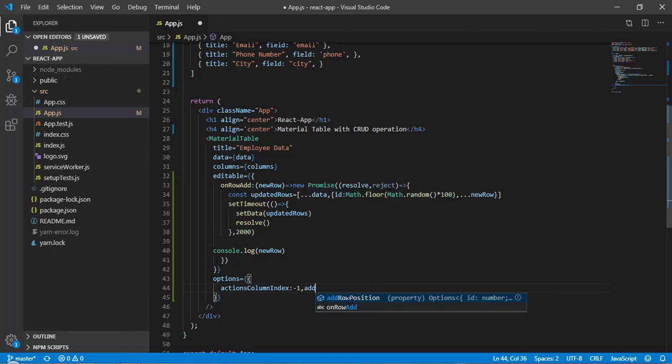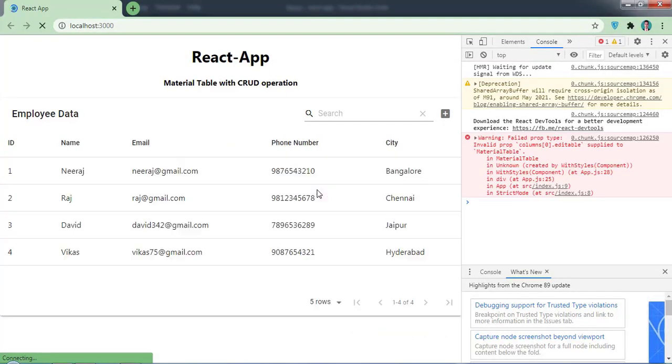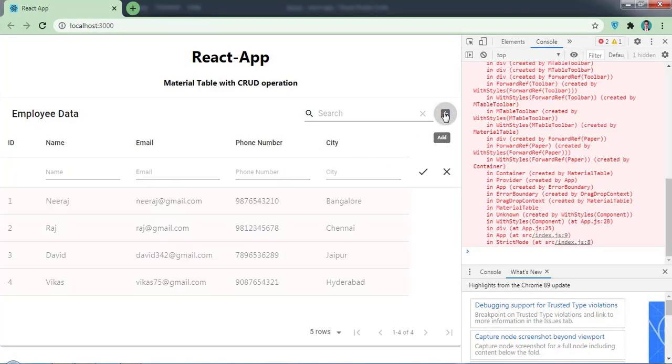So here, addRowPosition. This is going to take a string value, and the default value is last, so we need to provide first. Now save it, come back here, and let me click on this. You can see here we are getting this new row option to add on the top.